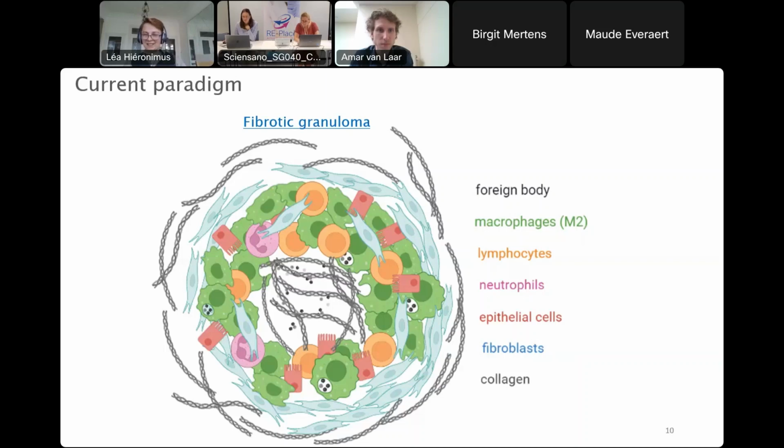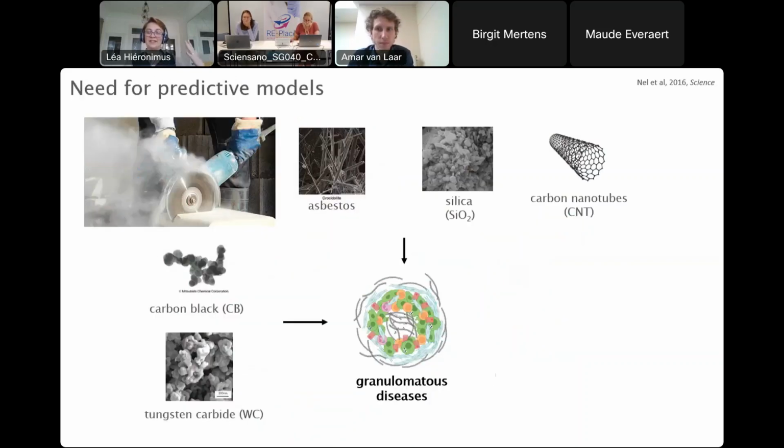Now that I've explained the cells important in and the three mediators important in granuloma formation, the goal now is to explain why granuloma occurs. In the case of this 70-year-old worker, he has inhaled many crystalline silica particles. Industries are creating new and new materials, and sometimes the materials can leak certain particles. Among these particles, certain are inducing granulomatous disease, but others are safe from inducing this pathology.